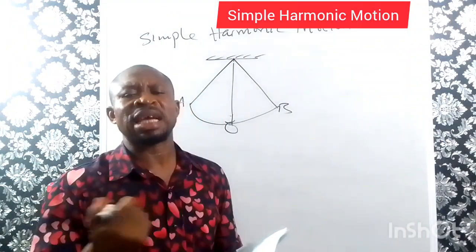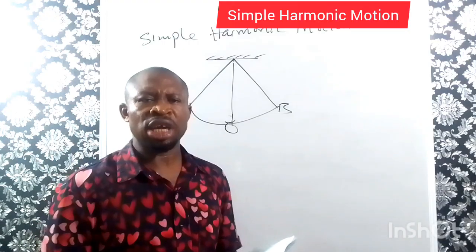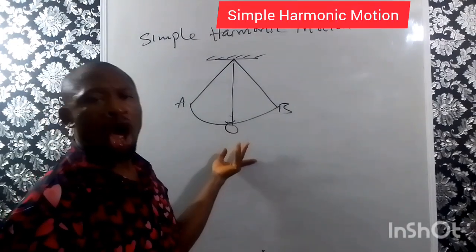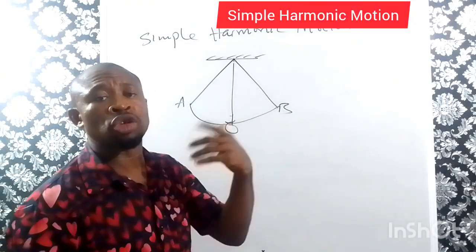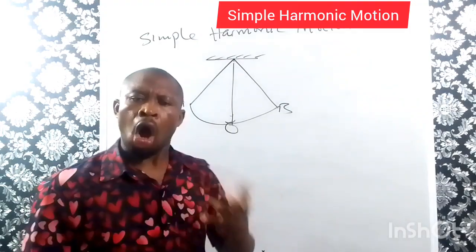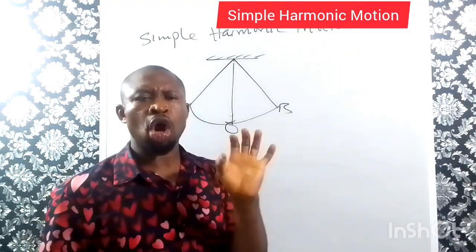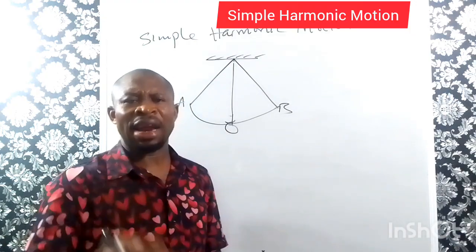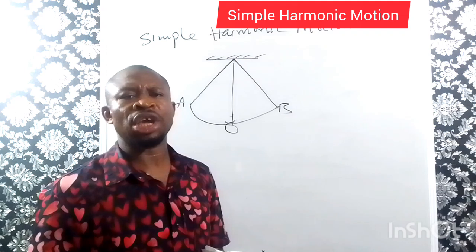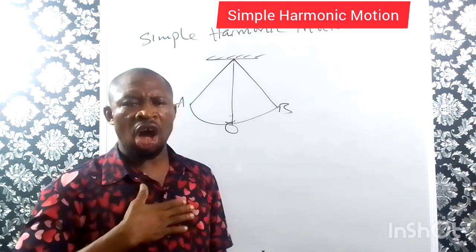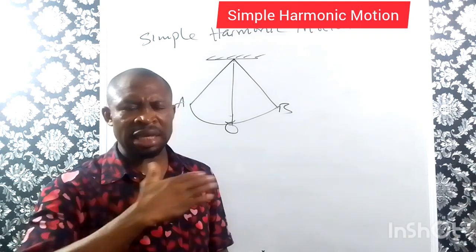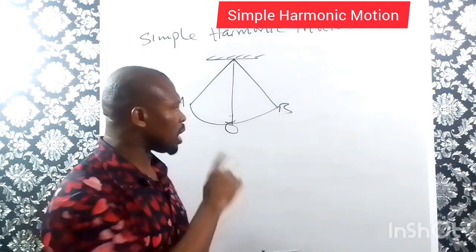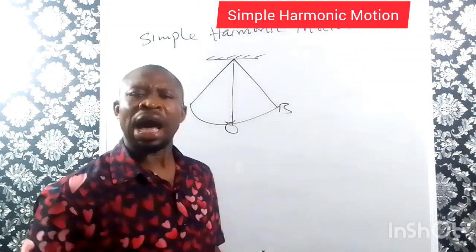Now, we can give some examples of simple harmonic motion. One of those examples is the motion of a simple pendulum, or motion of a pendulum bob, or motion of a pendulum clock. You know how it moves, to and fro. That is number one. Another is the beating of the heart. Remember, it is consistent. So that's why I say the heartbeat is one of them. Another one is